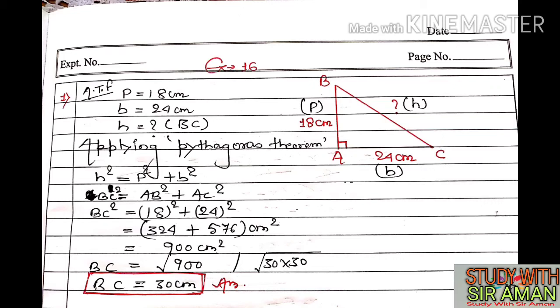Once more I would like to tell you, this total chapter is based on only one theorem, Pythagoras theorem. Sometimes it is written ABC, then PQR, then XYZ. You have to see where the right angle is. There you write A or B or C, then anywhere you can write the remaining two vertices, and you can solve it very easily if you want.